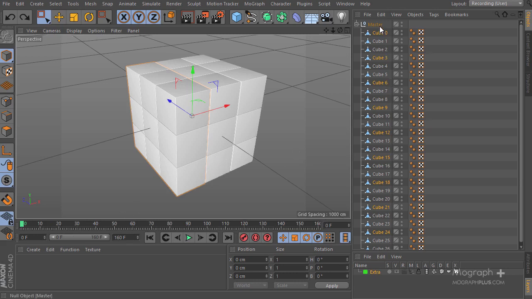The first thing is to make sure I select all of my cubes and then control click on my master. If you middle click on your patterns, you can see all of the children will be selected. So I'm going to control click on the master, so it's going to be deselected, but we have the cubes selected. So let's go ahead and set a keyframe. We are just going to animate the rotation. So let's deselect the position and the scale, and let's set a keyframe. And then I'm going to frame